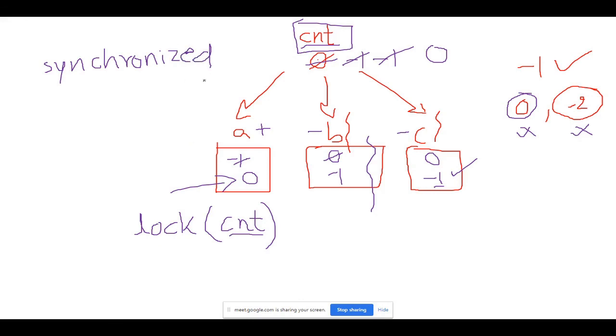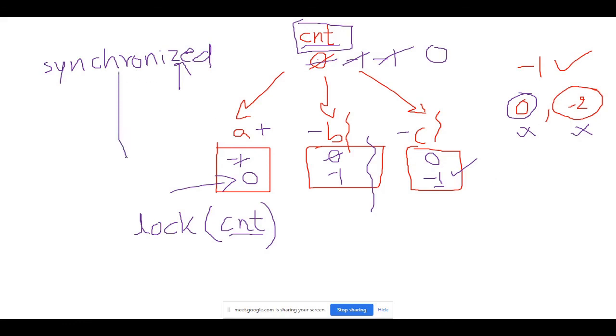It is not just synchronize, it is synchronized, and you have to be careful with the spelling. It is not S, it is Z. When you make use of synchronized keyword in your program, such situation will never occur.